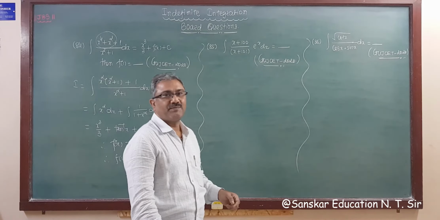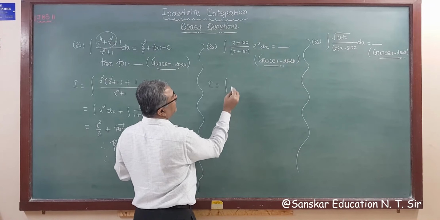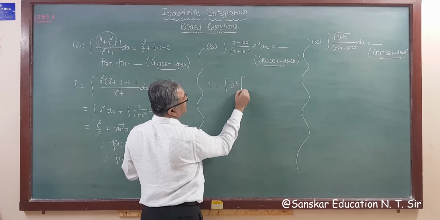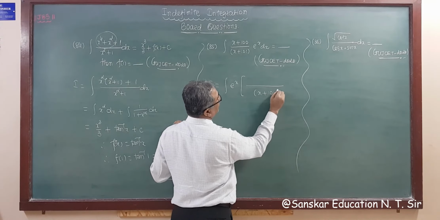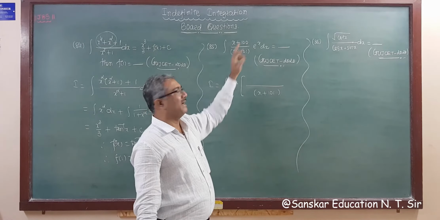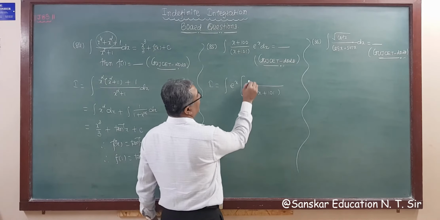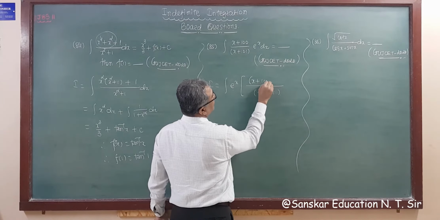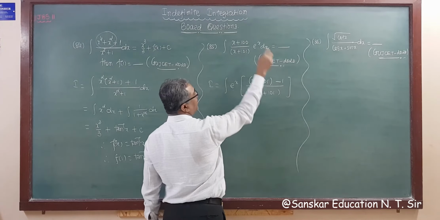Now 85. Say the example we did, I am writing e raised to x first. Now this is x plus 101. Now what is in the numerator? Only 100. And e raised to x means we have to split out fx and f dash x. So I am writing here x plus 101. So minus 1 we required because we have 100 only.